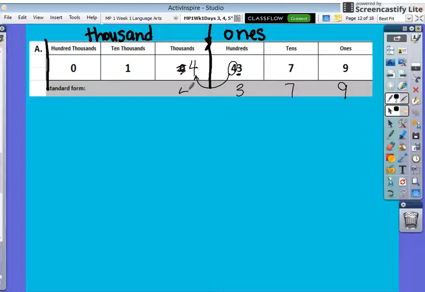Then we're going to write that 4 below, and there is a 1 in the 10,000s place. So if I were to write this number in standard form, I would say it looks like this. And I would read that or write it by saying